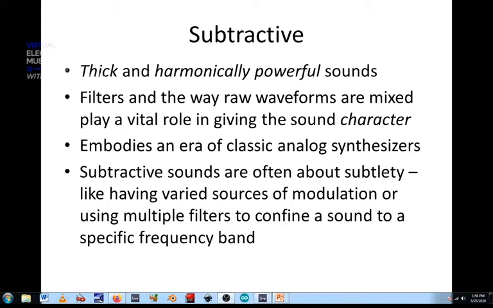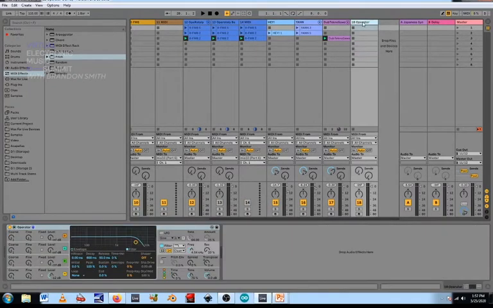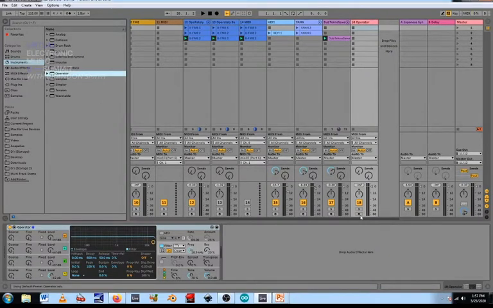It's maybe harder to produce a perfect sine wave, but I think more likely is just that there isn't really much to subtract from a sine wave. It's harmonically supposed to be a very pure kind of sound, and when you first open up an Operator, that's exactly what you get, just a pure sine wave. There we go. So we get this, and again, that's another reason why I really like Operator,